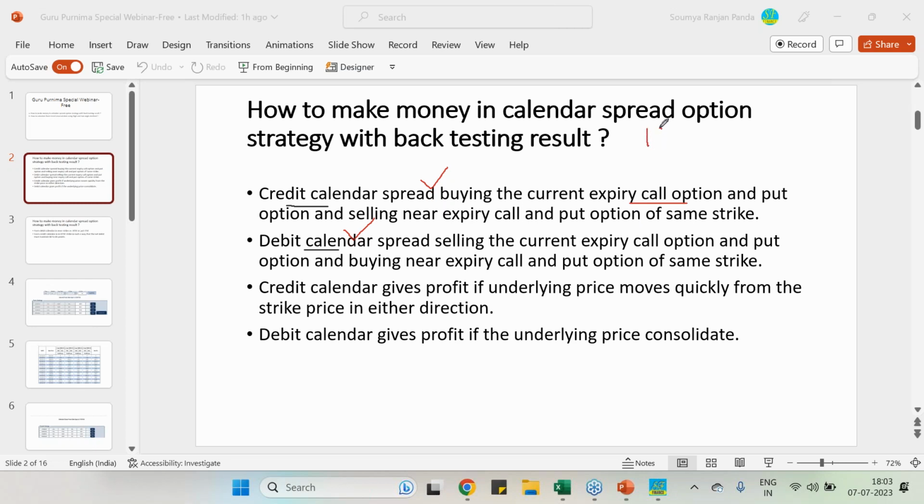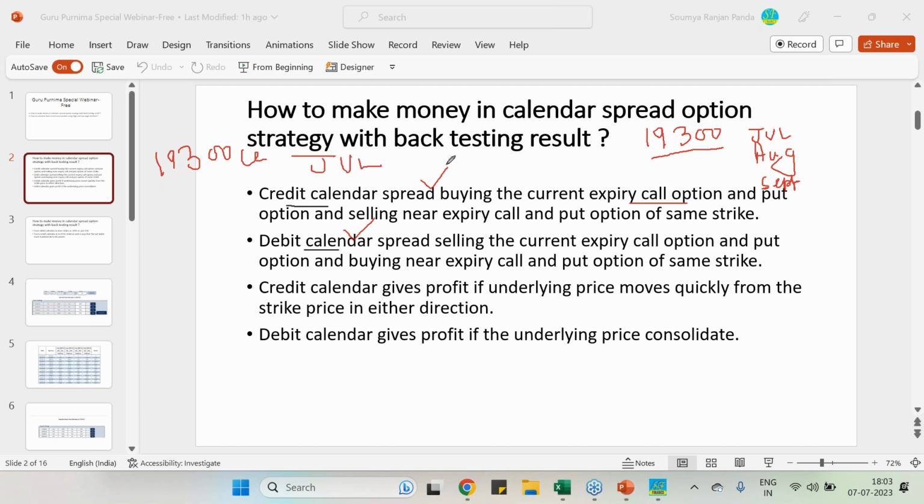Say Nifty is at 19,300. So all of you will be knowing, in the month of July we will be having 3 months contract: July, August and September. So 3 months contract we used to have. Here, 19,300 Nifty is trading. Suppose you are buying the 19,300 call of